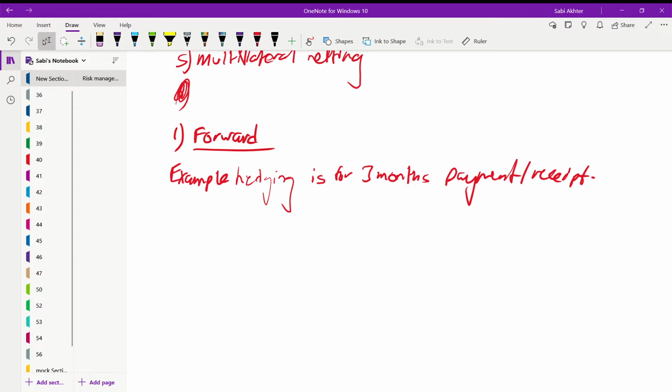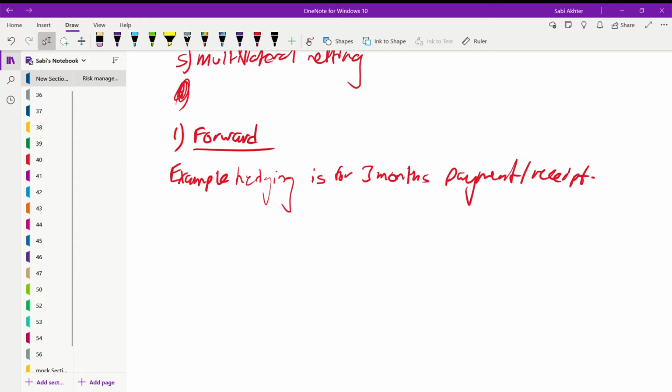Start your questions with the requirement, because when you read the requirement, you know whether it's a payment or a receipt. They tell you it's a borrowing, a loan, a deposit, or an investment, in your requirements. Based on payment and receipt only you will decide what rate you have to pick, and also which month for futures and